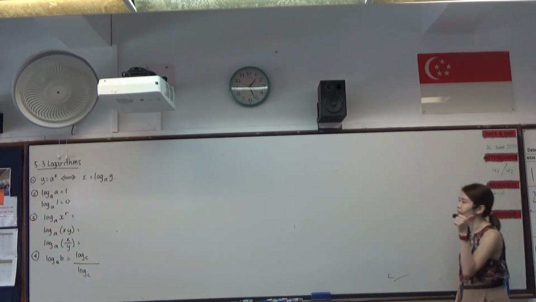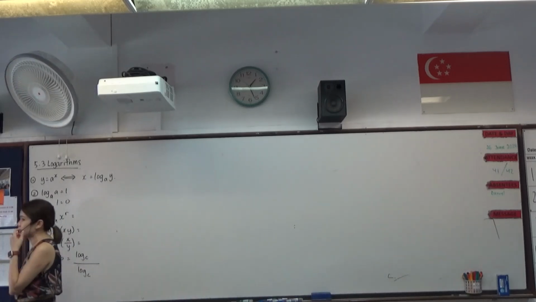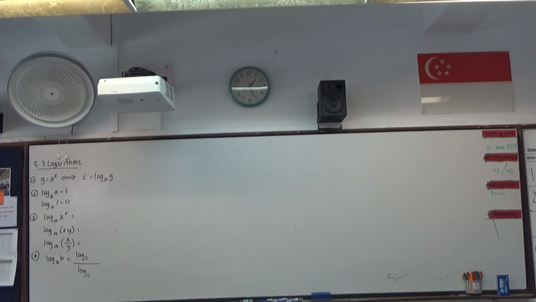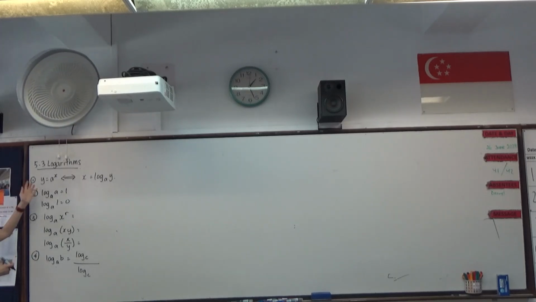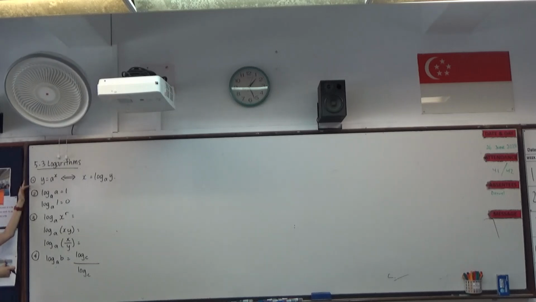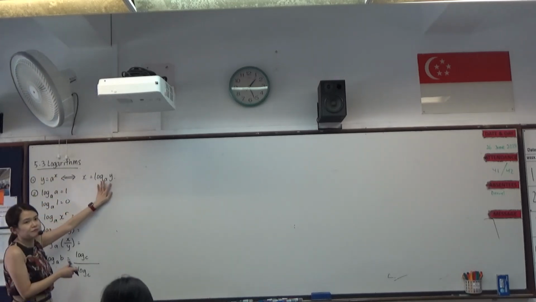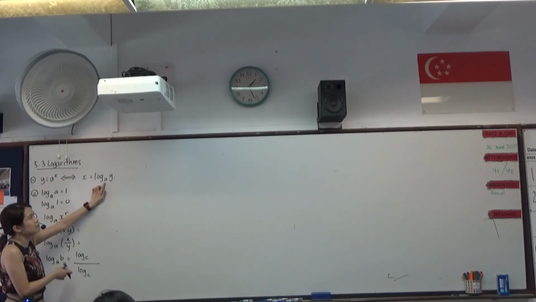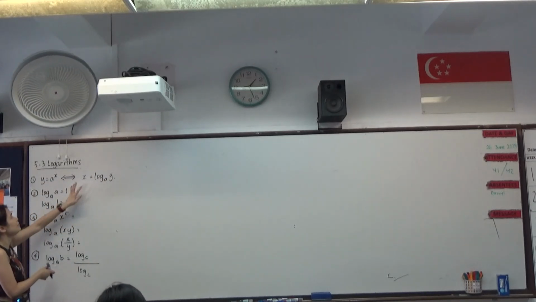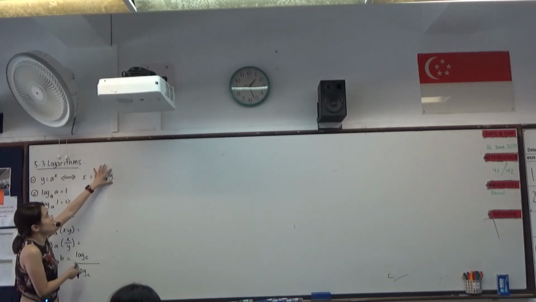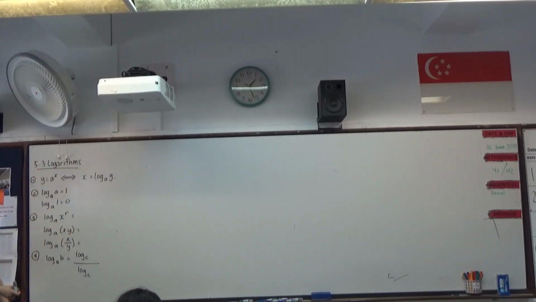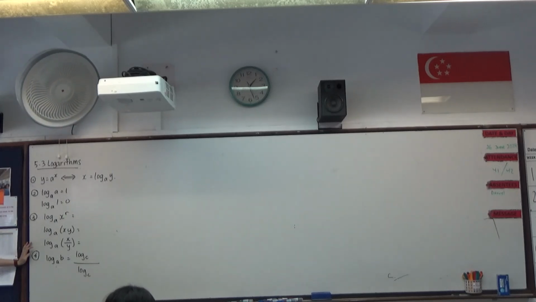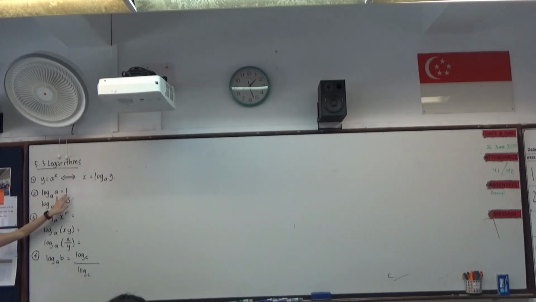Over and over again. Okay, the very first thing when we covered logarithms is that it is something to help us go about solving an equation sometimes, especially when the bases are different and we want to find an unknown x. So the first thing that we wanted to know is how do we change from index form to logarithm form. Okay, for which the base a itself will be the base for the logarithm, small number at the bottom right corner, and then followed by y over here, the subject, and then the power on the other side of the equation for logarithm. Then we covered very important concepts yesterday about log a base a being equals to 1,